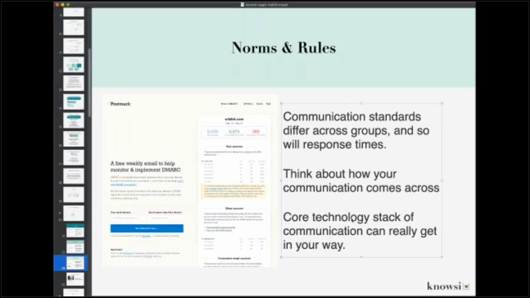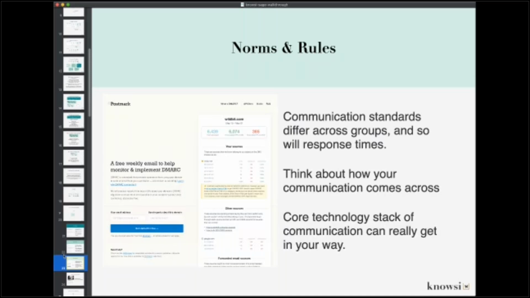And then finally, the core technology stack is a very infrequently considered, but very important piece. An example of this is that if you are sending emails from a web server that is connected in some way to a mailing list or marketing service, say through MailChimp, often those emails will get pushed to spam because spam filters are recognizing a particular source. And so there are a couple of ways to get around this.